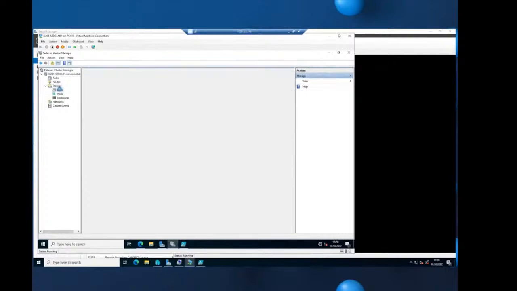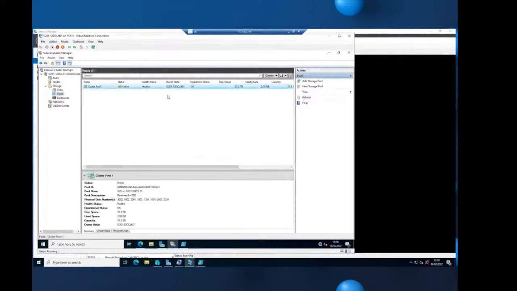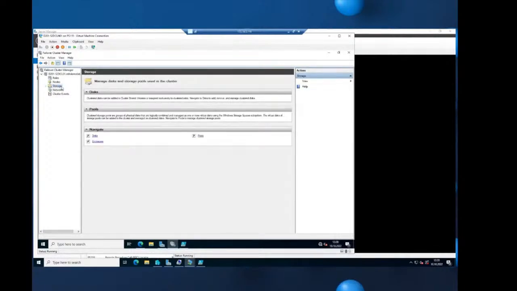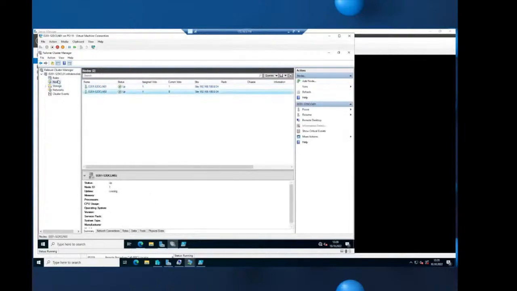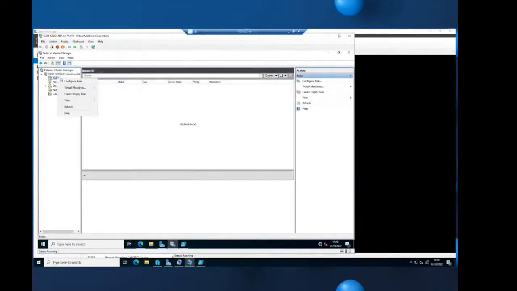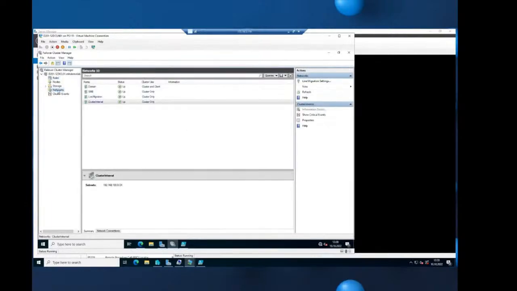Now we have our configuration. We still don't see any disks, but now we have a pool. We have the cluster pool. Very important, you should not configure any pool-related things here in a storage spaces direct cluster. So please never use the storage part. But for sure, you can use the nodes here. You can use the roles to configure highly available virtual machines. We use the networks. And what we have to do to finalize our cluster configuration,